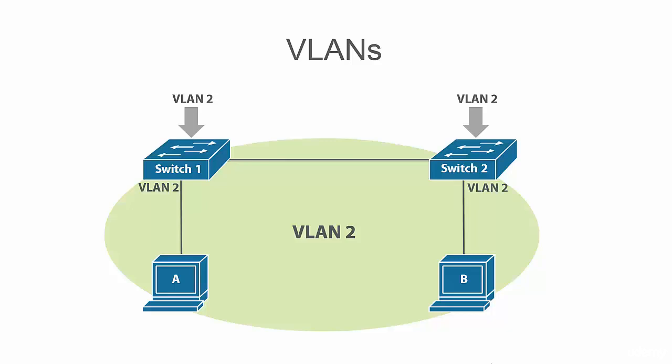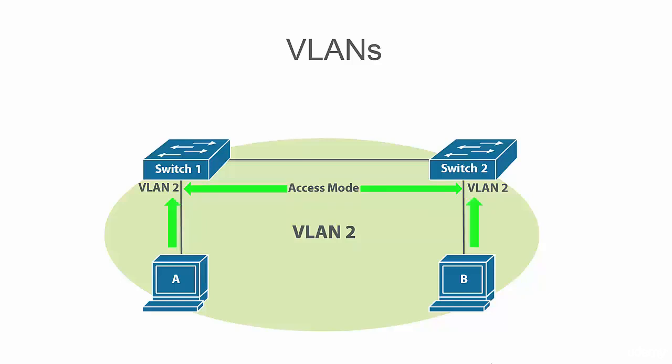So for user A and user B's traffic to be assigned to VLAN 2, we have to tell the switch port to do so. For this type of setup, since we just have end hosts that do not understand VLANs and we're simply trying to put their traffic on VLAN 2, we would use what's called an access mode port. Access mode ports simply assign any traffic coming from the connected device to the VLAN that you define